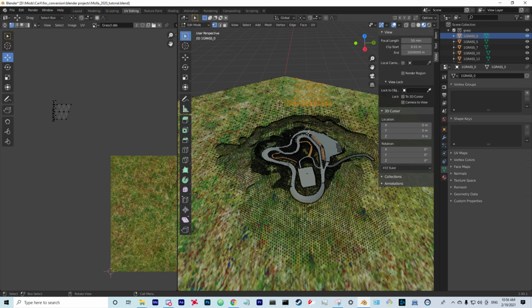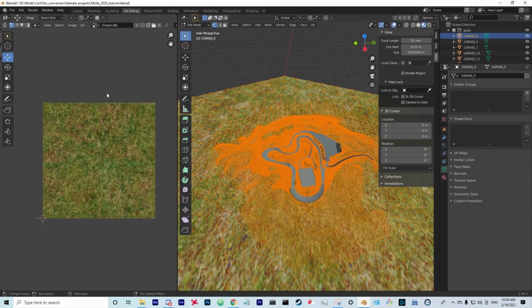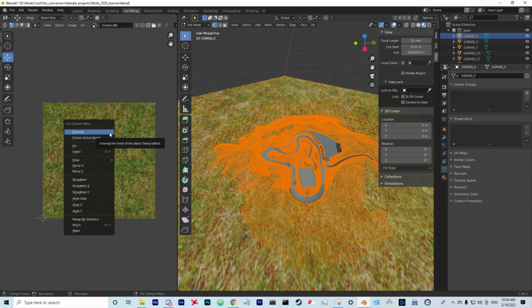But we want to change everything, so I can just put my cursor in the viewport, hit A, and now all the polygons have come up. To reset the UV map, you can hit the shortcut U, or you can right click. Shortcut you'll see is U. If you want to unwrap it,